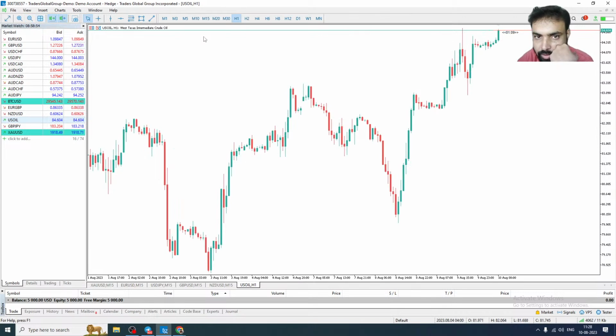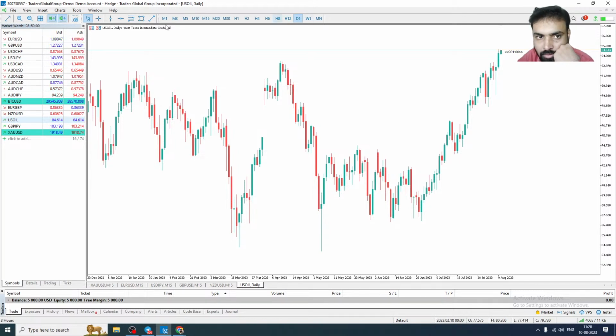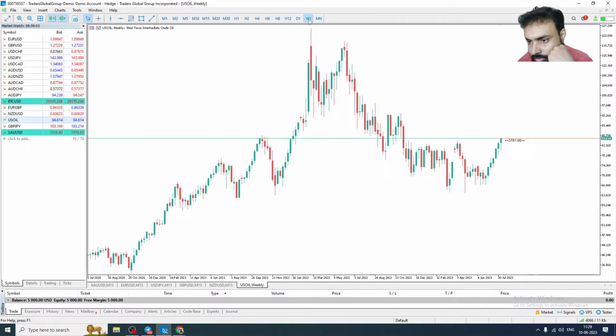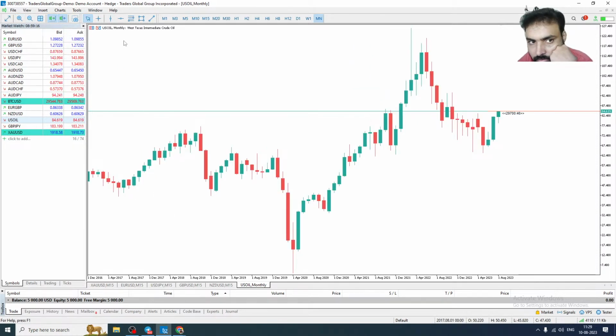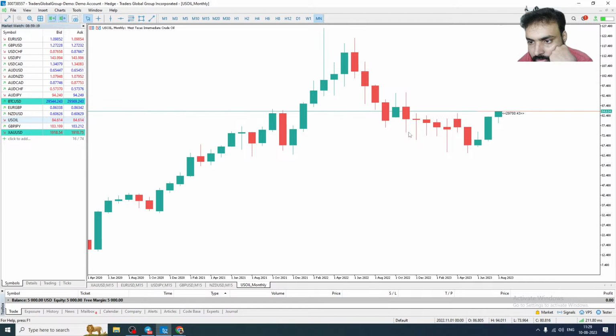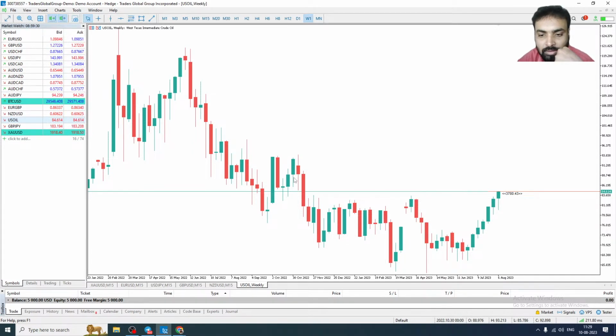Let's take a look at the US crude oil. Crude oil is pushing up, all right. Crude oil is again reaching this level. This is the weekly zone, weekly manipulation zone. Or let's go to the monthly zone. Monthly, it is kind of double side manipulation. You can see it's a monthly double side manipulation. This side, lower side manipulation, and it slightly manipulated the high also. So that is the level crude oil is checking. This is the level, you can see here.